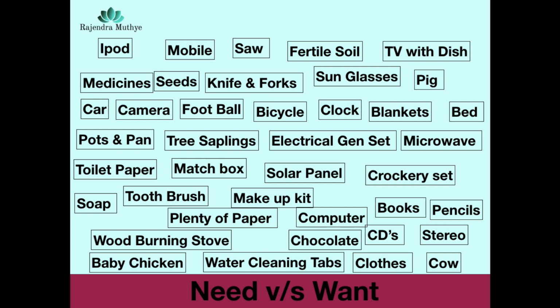Pause the video over here, write down 8 items on a piece of paper. What is it that you need? Do you want a solar panel? What about tree saplings? Toothbrush, makeup kit, a mobile phone, medicines, sunglasses, water cleaning tablets. Pick up what it is that you want. Okay,